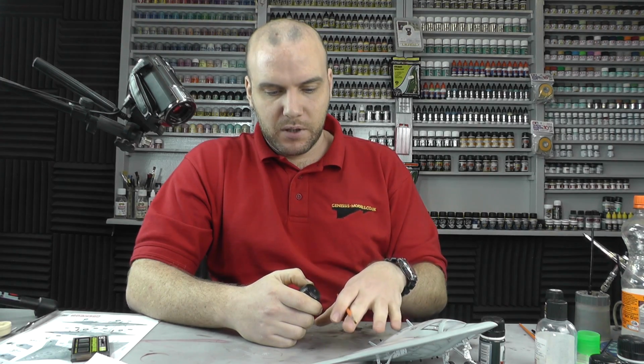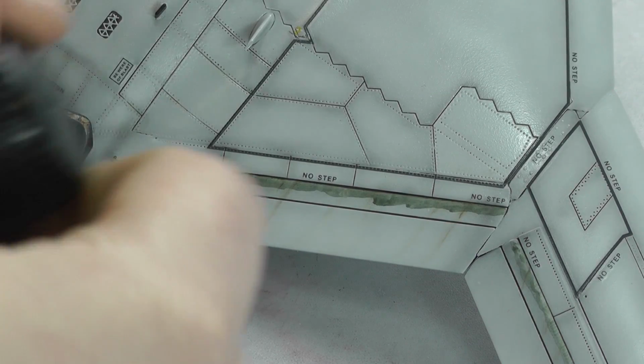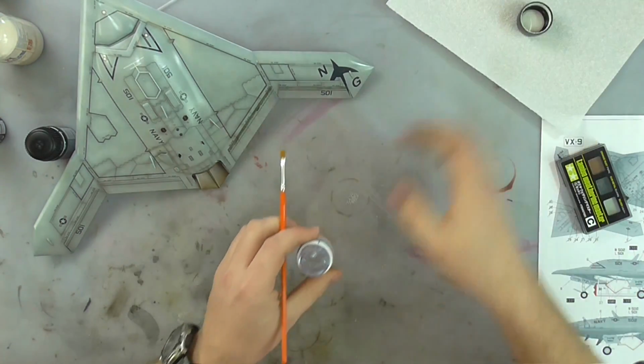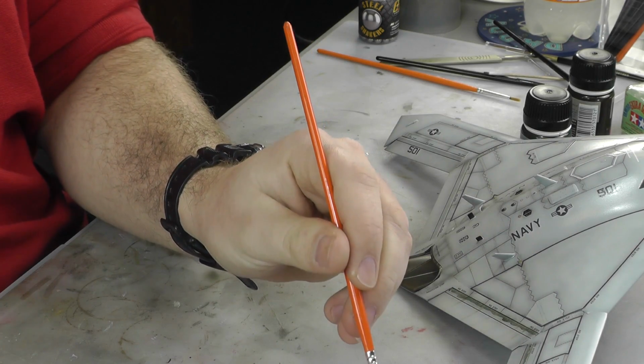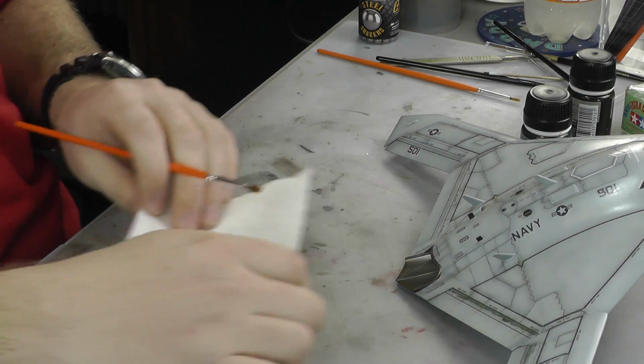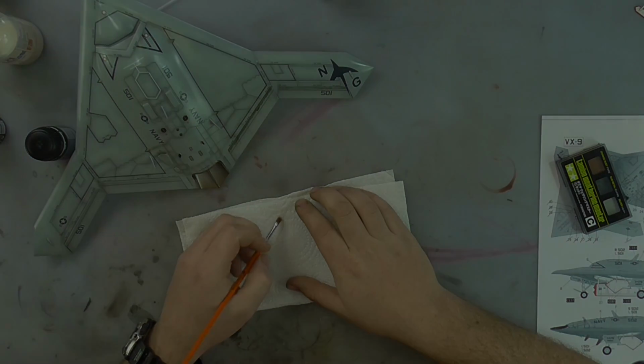So now that's had a bit of time to dry, we're going to come back again with Odorless Thinners by AK Interactive. I'm coming back in with my flat brush as well. As always, kitchen paper towel to one side and just get rid of